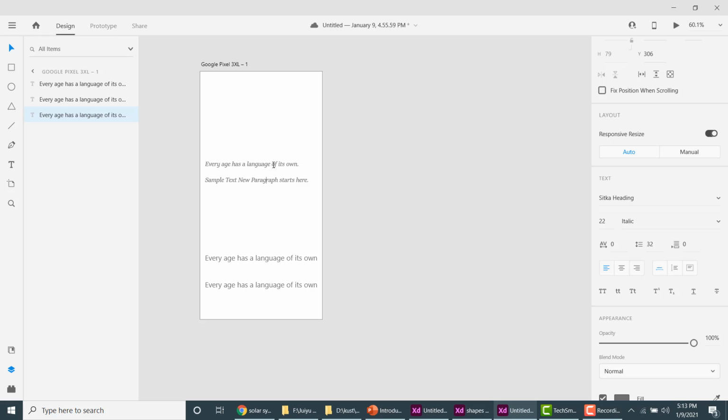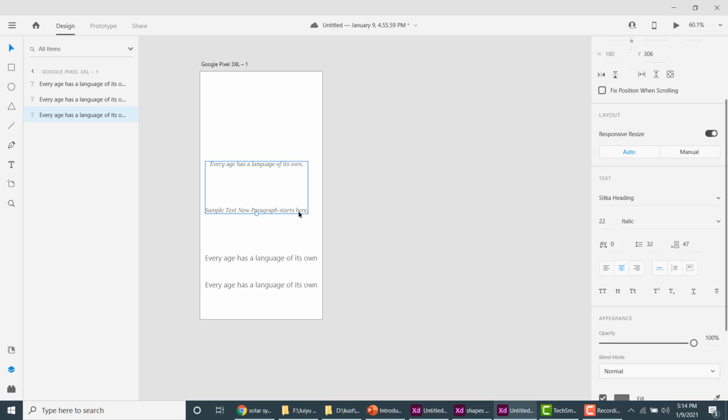Okay, so if I select it, this is the paragraph space between two paragraphs, and then you can align your text to the left, in the middle, to the right. As long as the text is inside the box, it will have its effect. So align to the middle, align to the right,